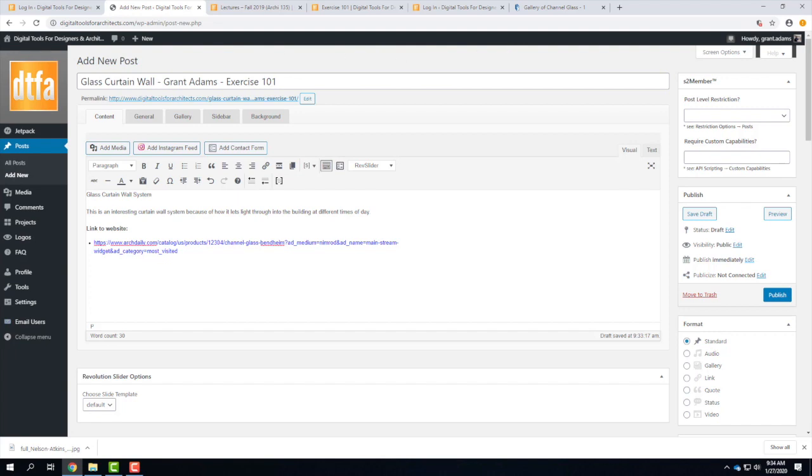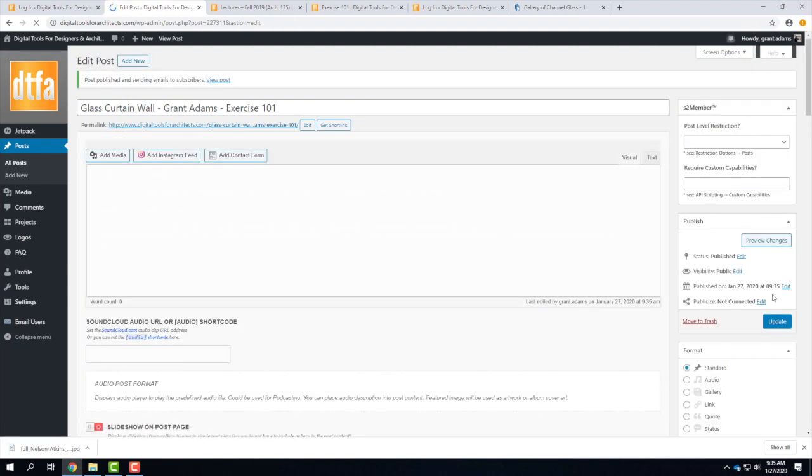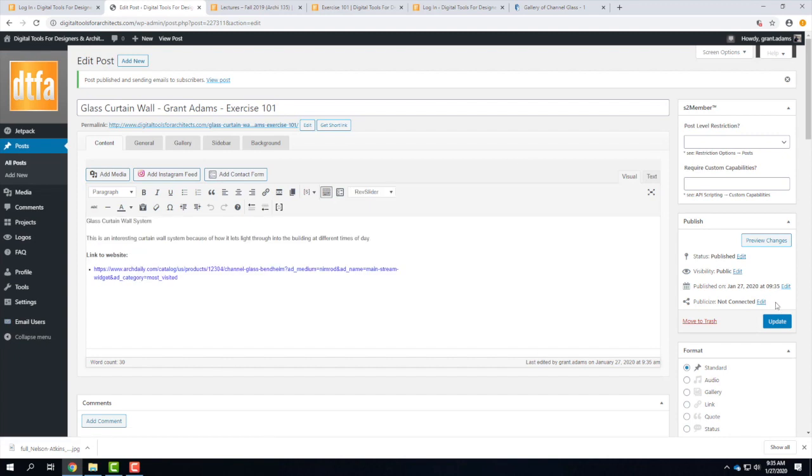Notice that that banner went away saying I can't publish. Furthermore, the publish icon turned blue and will allow me to publish. Once I have that information, I can go ahead and click on this publish icon, and this is essentially like turning something in. So we'll wait for just a second. It'll create its post. It'll tell me when it was published on.